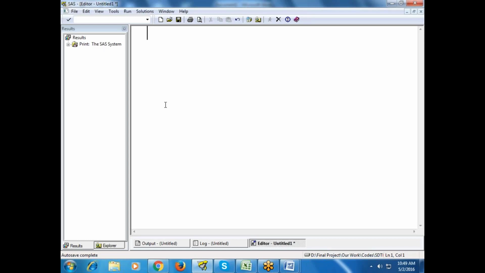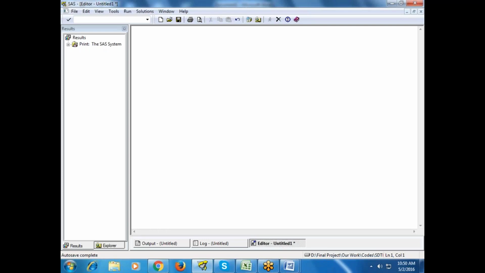Now, to start a program, we write the keyword data. If you are not writing data and you write some other text here, see, it is displayed in red, which means it is an error. So before running the program itself, you can check whether you are writing a program correctly.